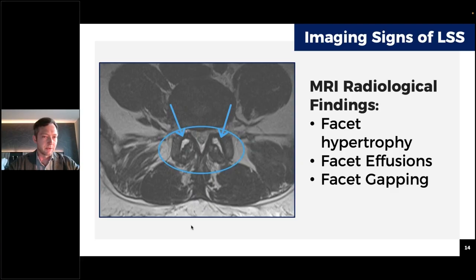The two that are most commonly used, even though they're not typically referred to by name, are the Lee, L-E-E, and Schizas, S-C-H-I-Z-A-S, classifications. And you can look these up on Radiopaedia, and it goes through a relatively easy to understand classification. If you have CSF all around the nerve roots, and the nerve roots are not clumped together in any way, at most that's a mild stenosis.